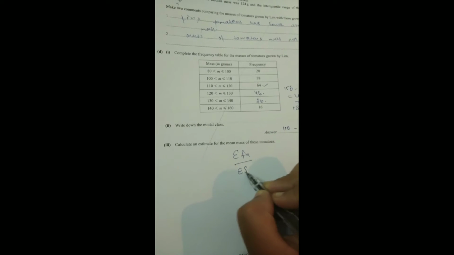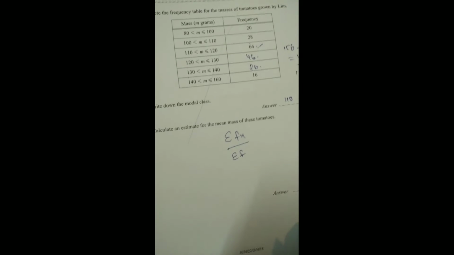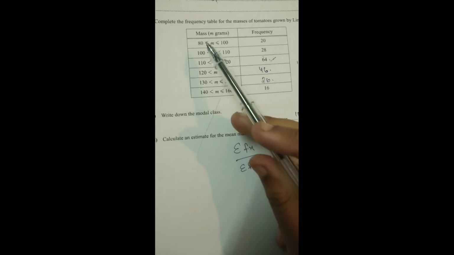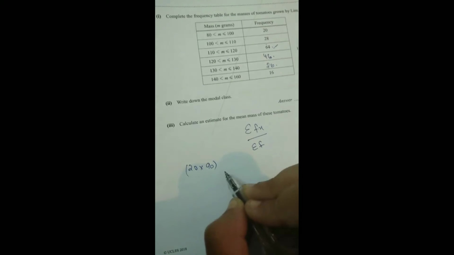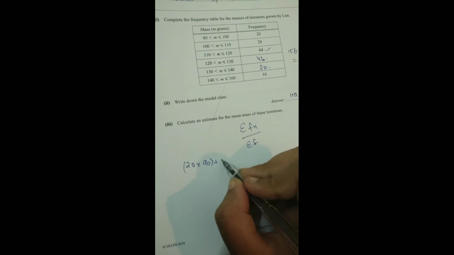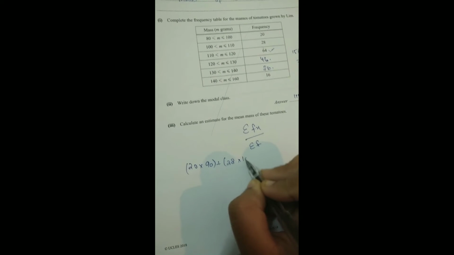Now calculate an estimate for the mean mass of these tomatoes. How will we calculate the mean mass? That is summation fx over summation f. So to calculate fx, we will take f as frequency and x as the middle value of the masses. So that would be 20 into 90 plus 28 into 105